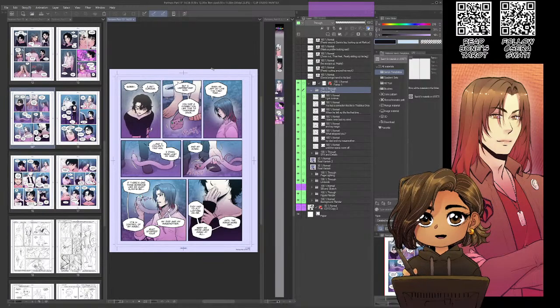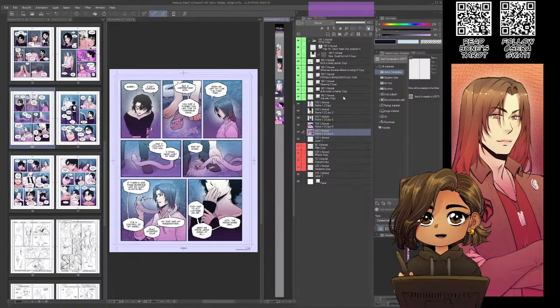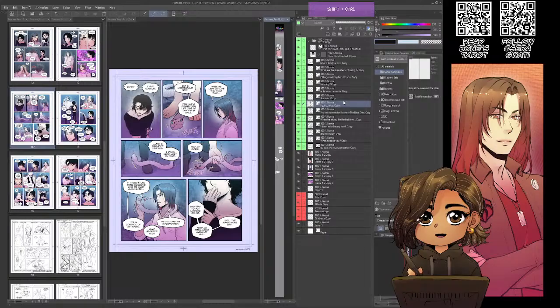Where was I? What am I doing? Right. I need everything but that panel. This, base, fold, and post. Paste. That there.